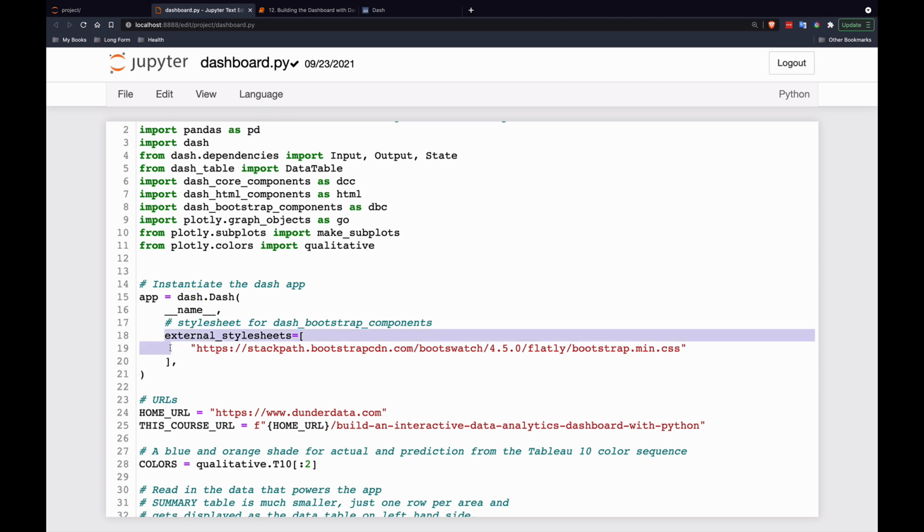And one thing that is different is that we are going to link to an external style sheet. So this is a bunch of CSS that our app will use to make the components look a little bit different, look a little bit nicer. In particular, the Dash Bootstrap components library relies on this particular style sheet. So we have to link to the particular Bootstrap version that we want to use for